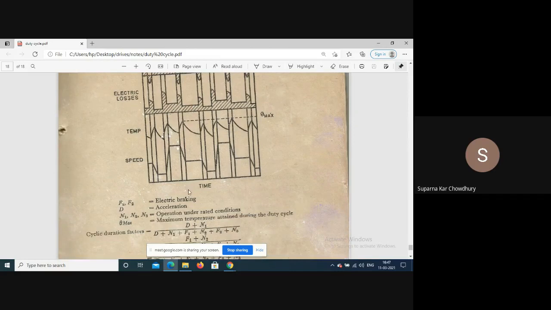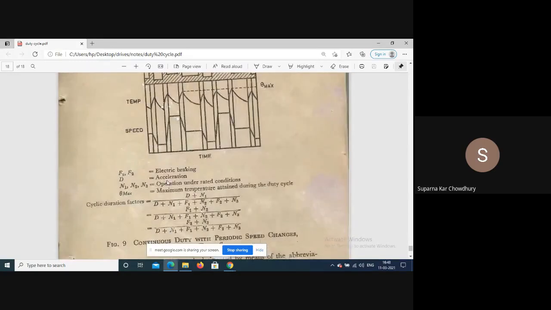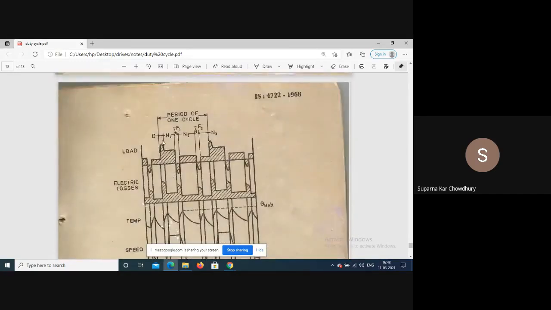So F1 and F2 are braking, electric braking. T is acceleration. This time is acceleration. N1, N2, N3 are operation under rated condition with different speeds. Theta max is the maximum temperature attained during the duty cycle. So the cycle duration factor is